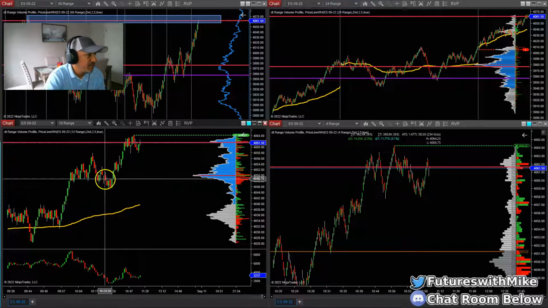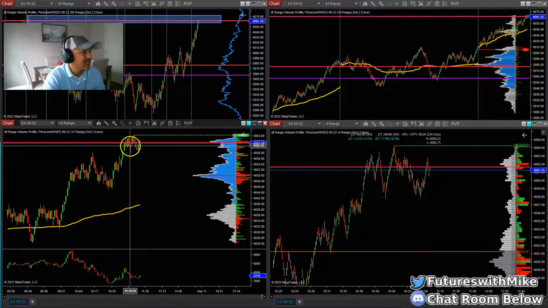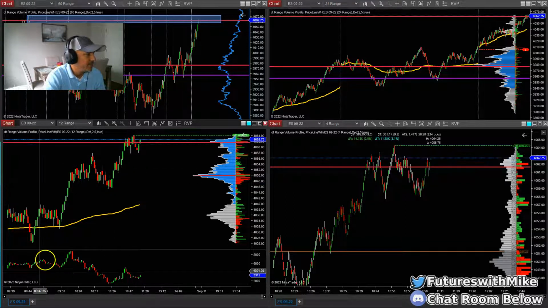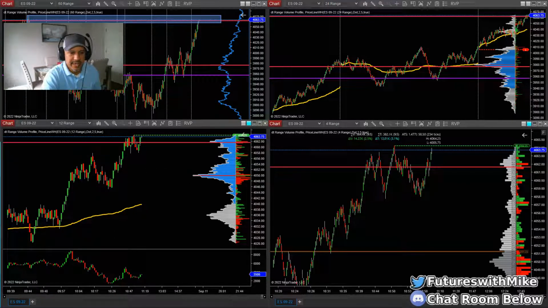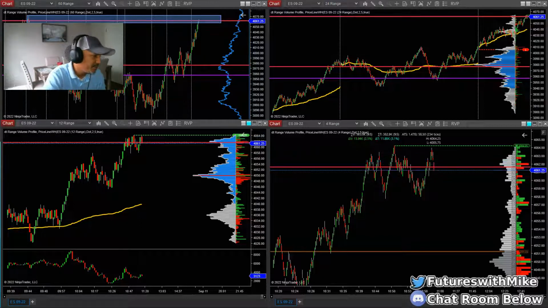So let's see what happens if we can possibly get some pullback or retracement, a deeper retracement to some areas down here. So my long entry there was actually a good trade. It was valid, back up to the highs right there. Just got to wait it out here. That's my first little trade for today, just picking up a quick 10 ticks right there.